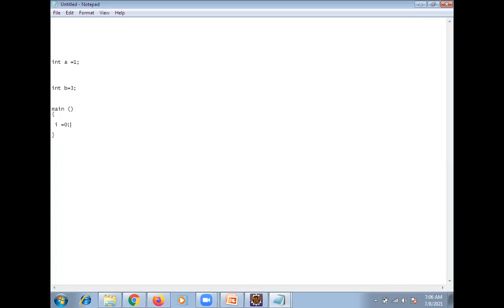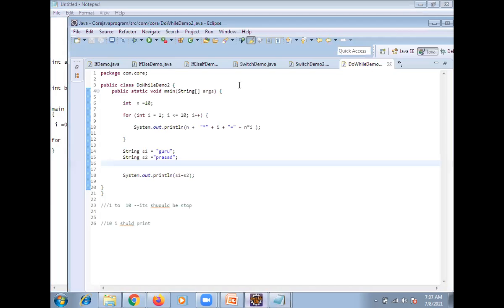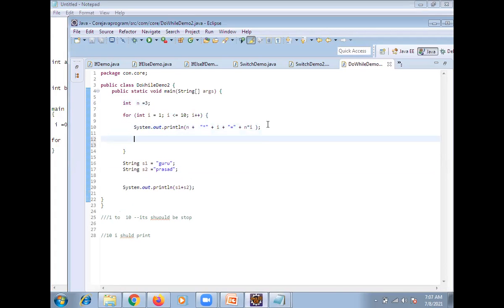As of now, your program is clear, right? For int I, let me open Eclipse directly. Okay, no problem. Now you are having n equal to 10. Let us assume n equal to 3. Clear? Now I am assigning n equal to 3.